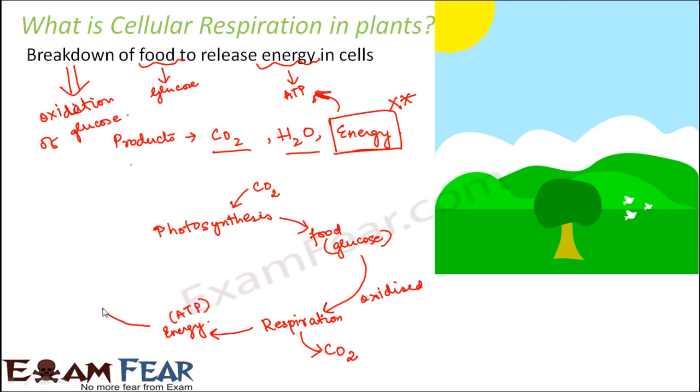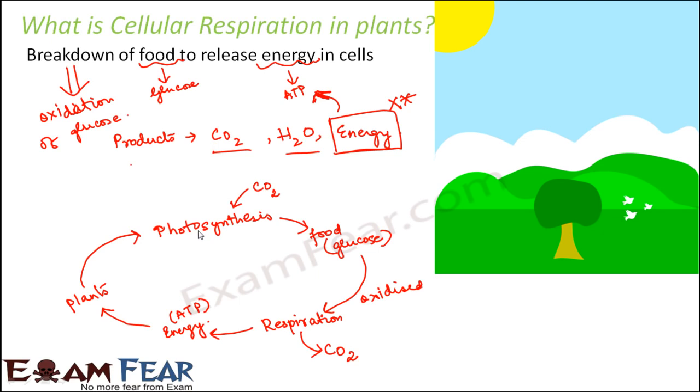Utilizing this energy, the plants will perform all the metabolic activities, like reproduction, movement, transport. Even photosynthesis needs a lot of energy. So the plants will utilize this energy, the plants will grow,